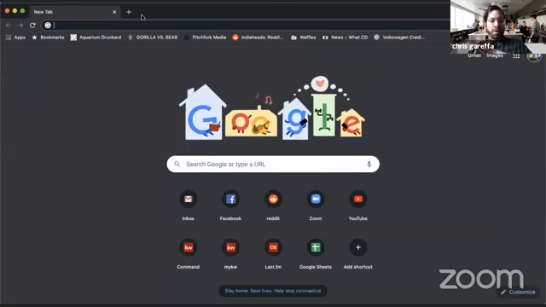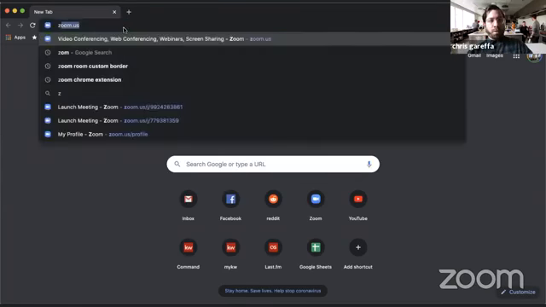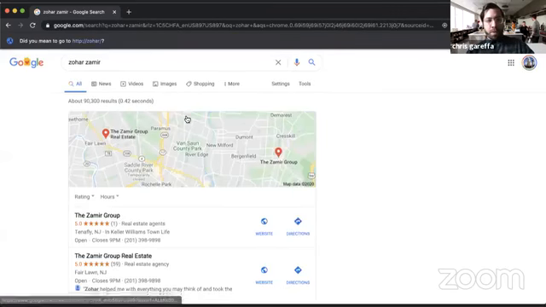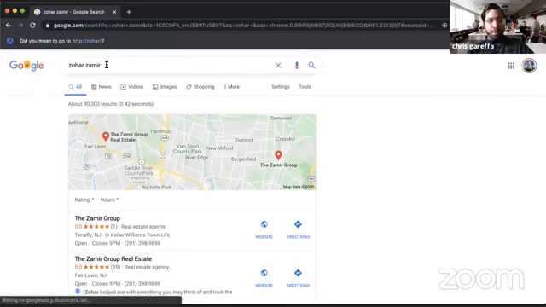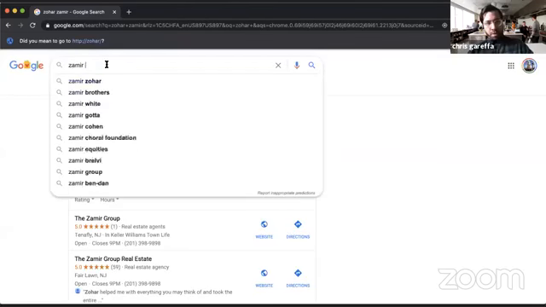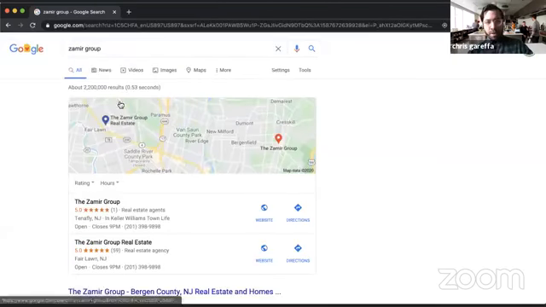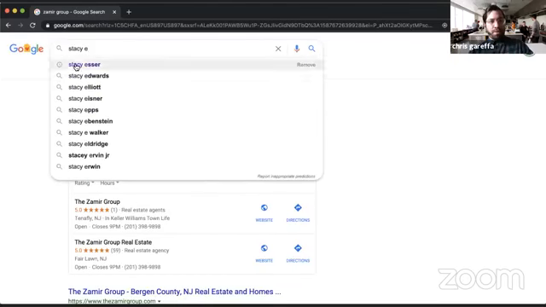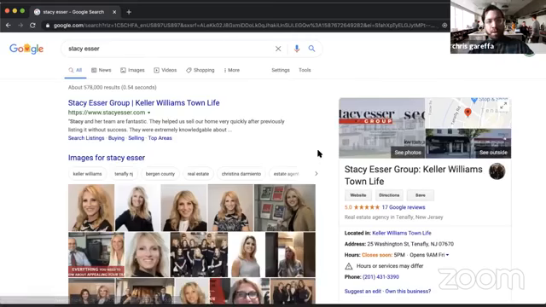So essentially what you can do is set up, if you've ever done a search for somebody, like I'll use Zohar as an example, because he has a really well optimized one. If we do a search for Zamir Group, I think that'll come up. I just did a search for it the other day. Weird, that's Stacy. There we go. That's really strange. But if you search just Stacy's name, and if you ever looked on the right side of the screen here,